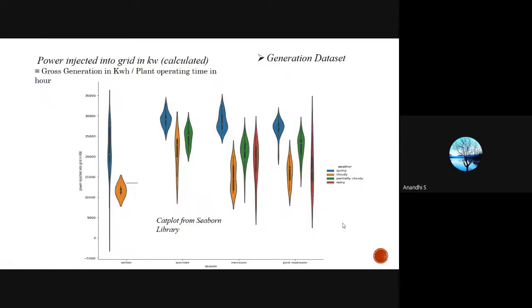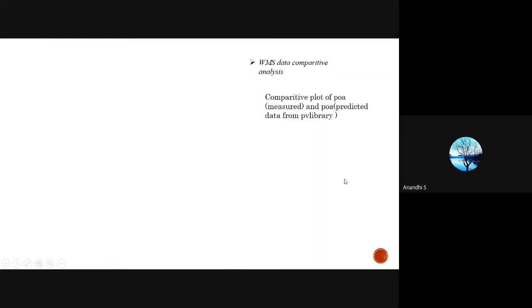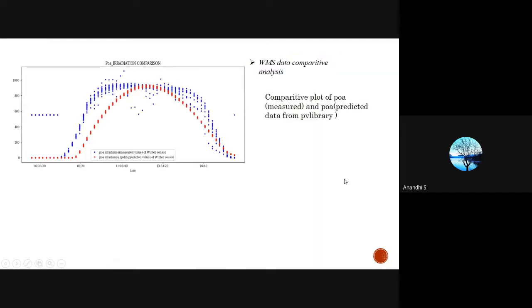And this is similar; this one is power injected into the grid. I calculated the power injected into the grid from the available data by doing simple calculations in an Excel sheet. Then I plotted this plot from the seaborn library. Similarly, I have plotted season versus power injected into the grid. This mentions the weather, and this one is for